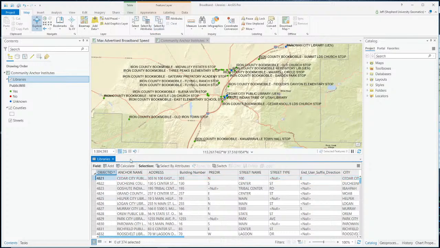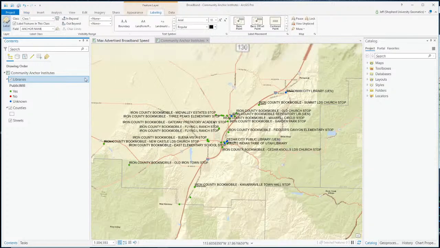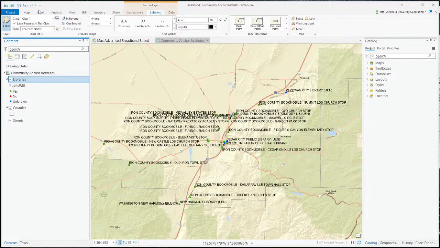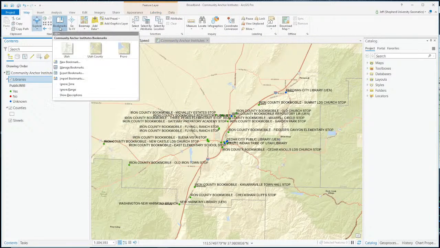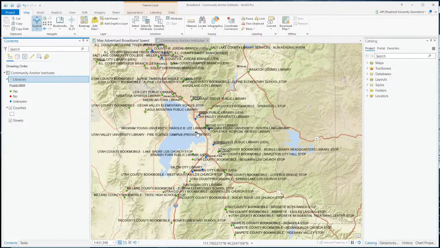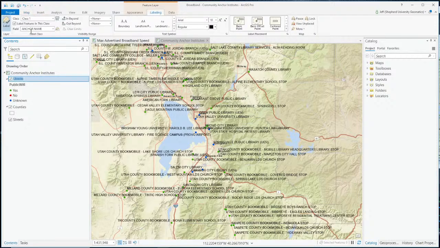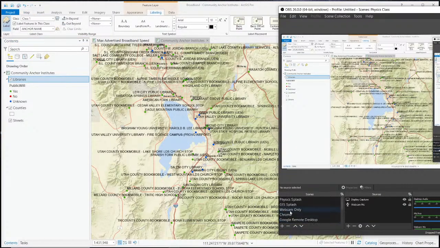But I don't want any selections on it right now. Let's go back to Utah County. These library names, there's too many of them. So we're going to go to labeling. If you have features on a map and there's too many features and you want to reduce the number being shown, you could build